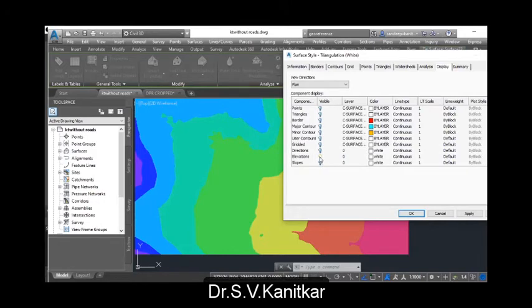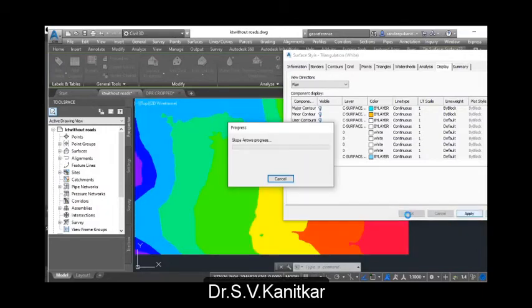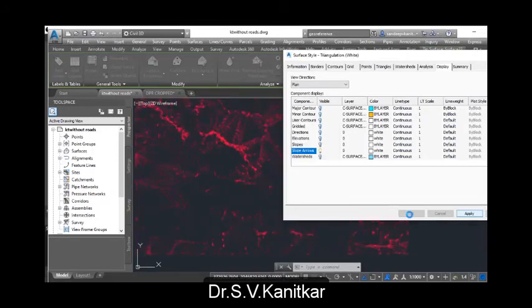Now the last one, which is most useful, is the slope arrows, which actually helps us in knowing how the water will be flowing. And then manually also you can delineate catchments, because it's a made up ground urban area, and probably the contributory areas generated using GIS software may not be actual contributory areas. So sometimes manual delineation is required.